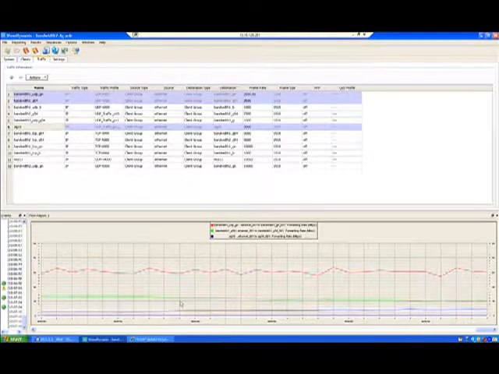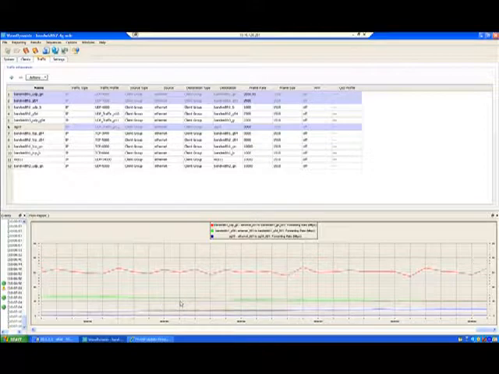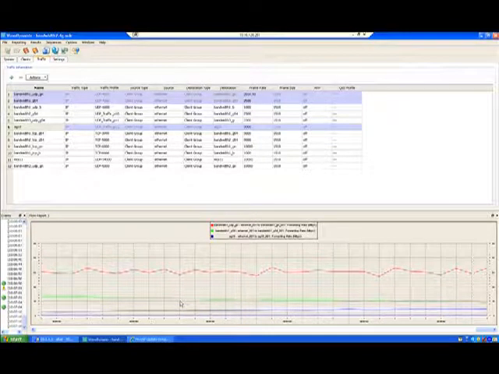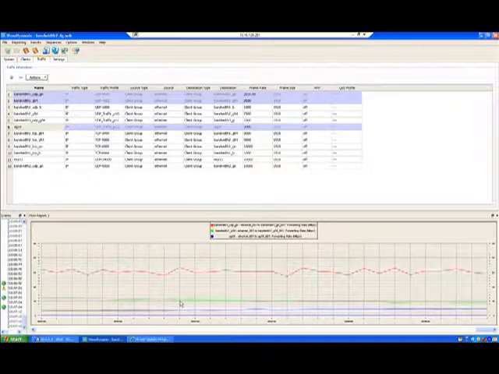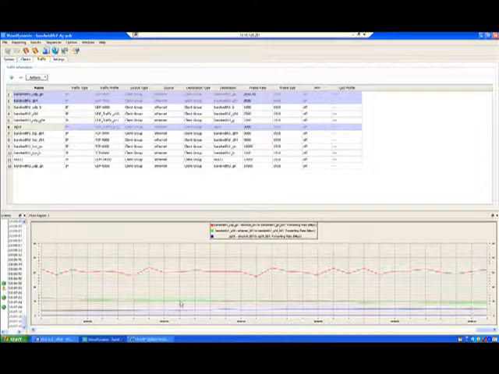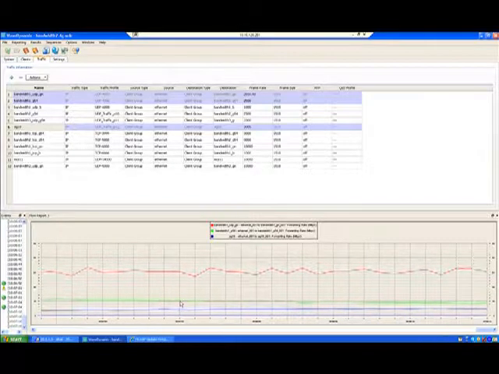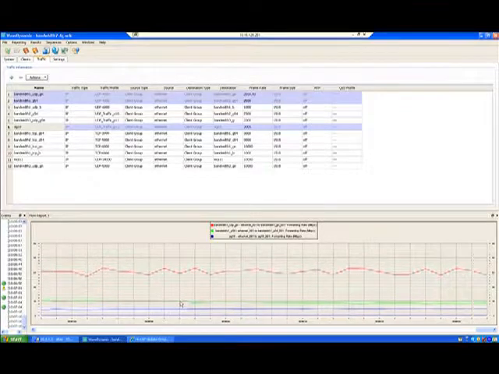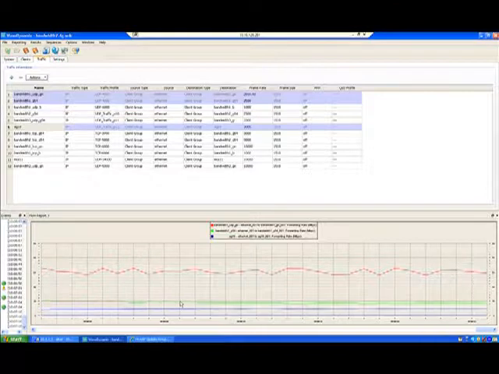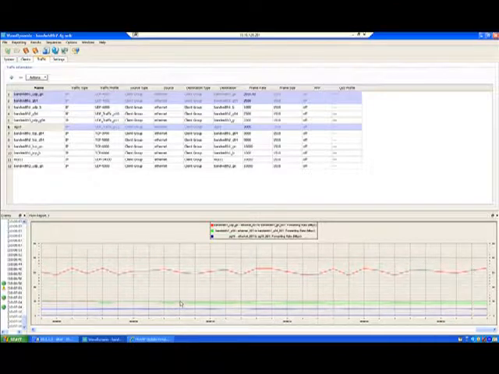So while the slower client actually gets less airtime and therefore goes slower, the trade-off of reducing the bandwidth of that slowest client by about 1 megabit per second or 2 megabits per second has a huge impact on the rest of the network. Now, what ends up happening in the real-world scenario, the fast clients will get off the network, therefore freeing it up for the slower clients to finish transmitting. So in effect,